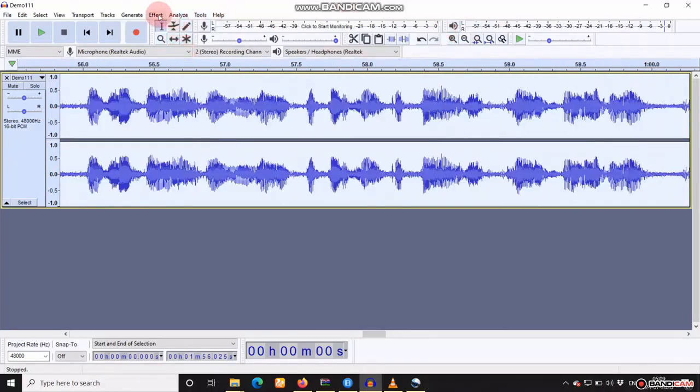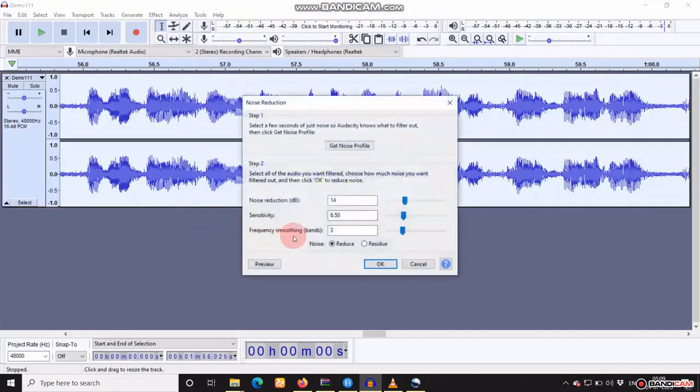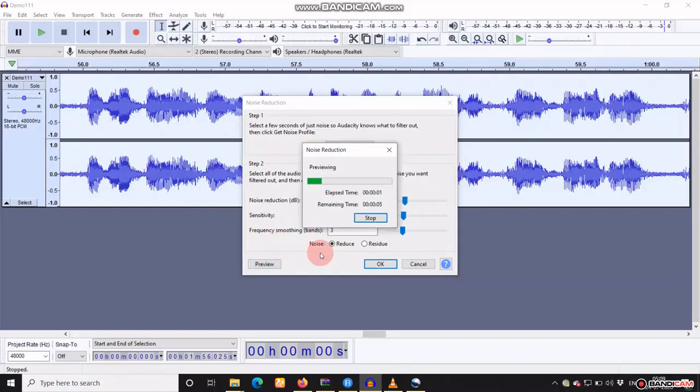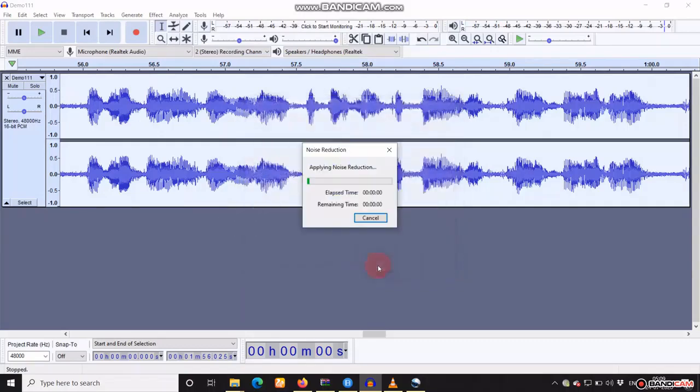Then again go to Effect, click on Noise Reduction, and find out the settings as per your requirement. I will suggest keeping the default settings as they are. Then click on the Review button. If it is OK according to you, click OK.